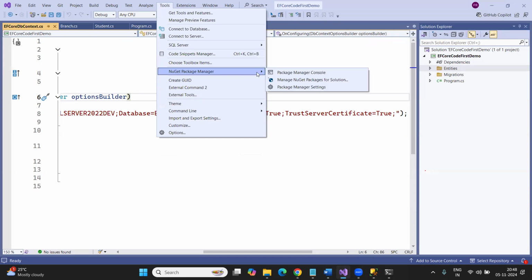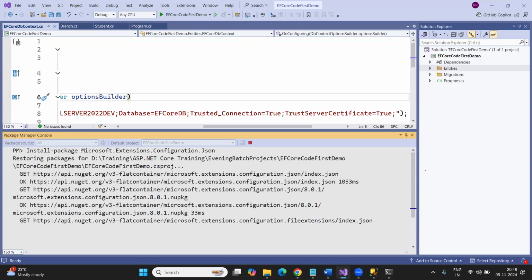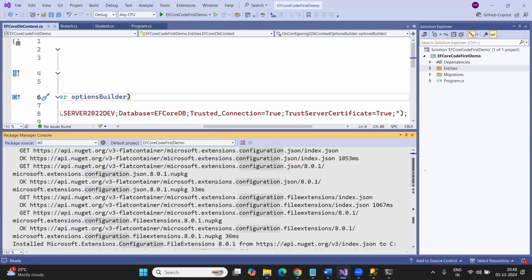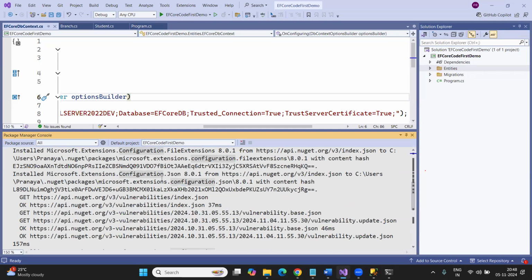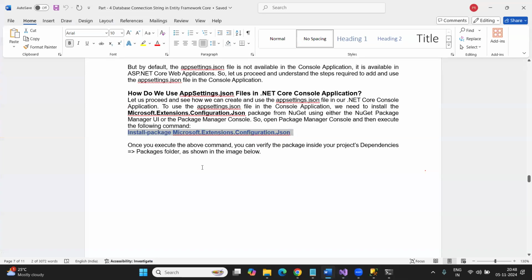a console application. So go to package manager console. Again, clean this one. So this is my statement which is going to install Microsoft.Extensions.Configuration.Json, because I want to read the data from the configuration file. So for this purpose, I need to install this Microsoft.Extensions.Configuration.Json package. Clear, guys? Which package you need to install if you want to work with configurations like appsettings.json. Basically here you can consider this as an appsettings.json file, but